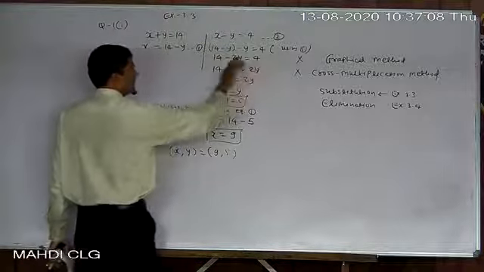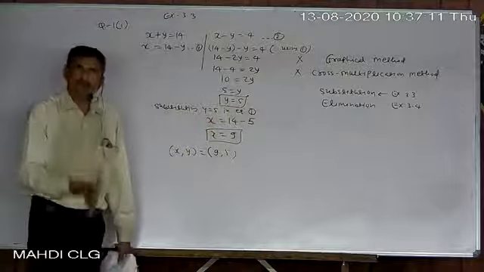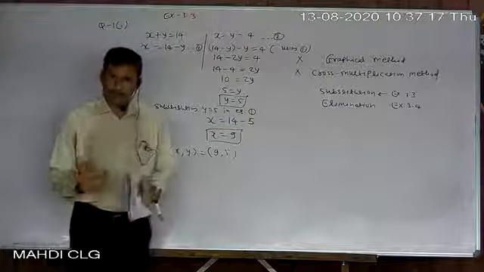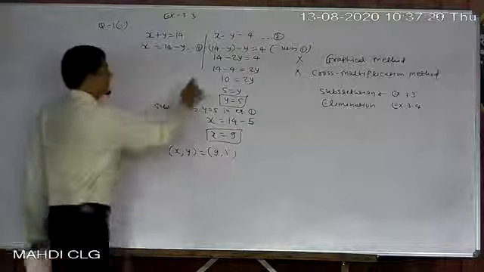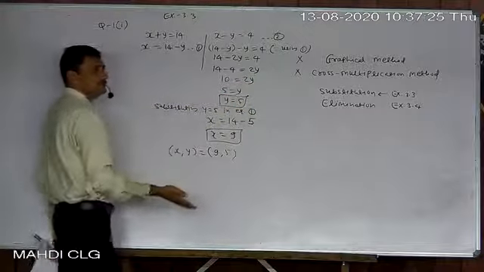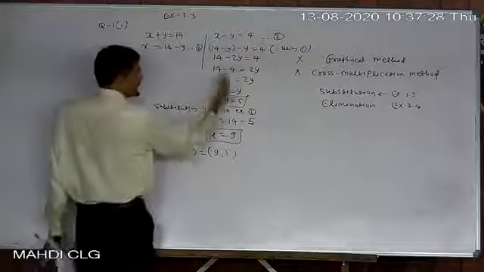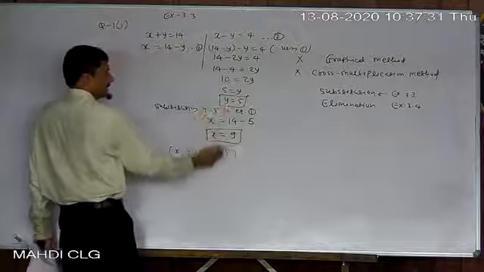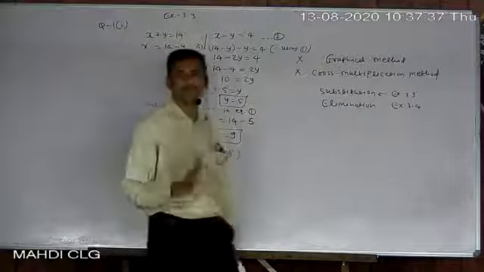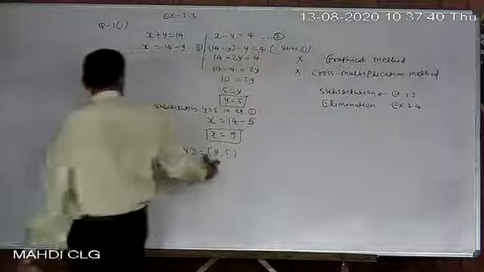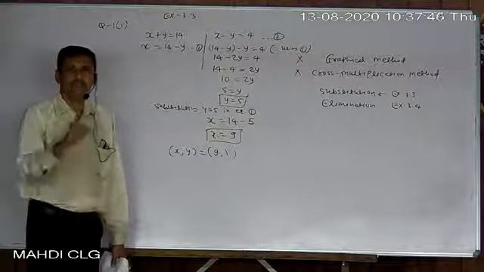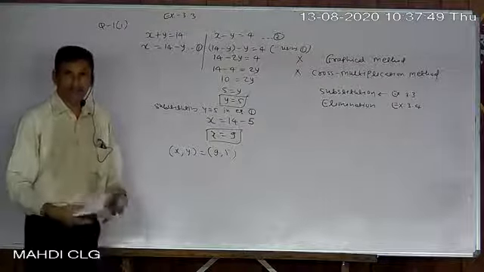If the variable is minus, then we shift the variable itself, otherwise we never shift the variable. It remains at its position only, only numbers are shifted. But whenever it itself is minus, at that time, just for converting into positive, we shift the variable. How it is shifted, that you know. After getting one variable, you can use either equation number 1 or equation number 2. So that is the method. How to verify? Just place both values at the place of x and y, and if both equations are satisfied, then your answer is right. So that is the way.